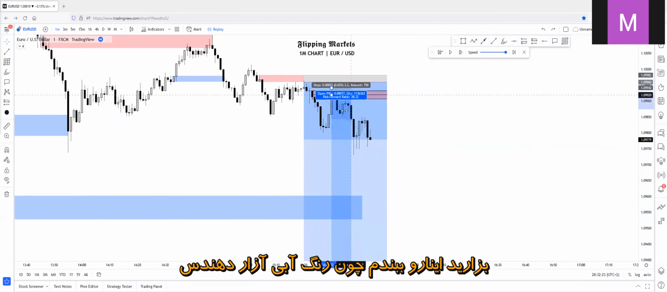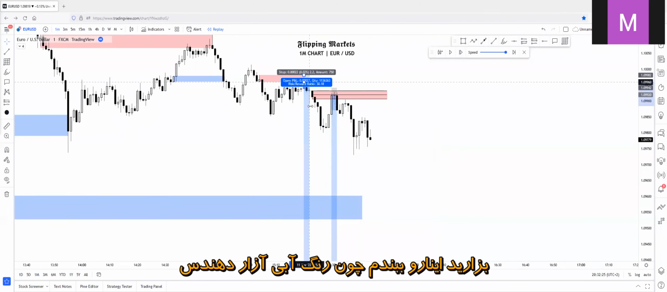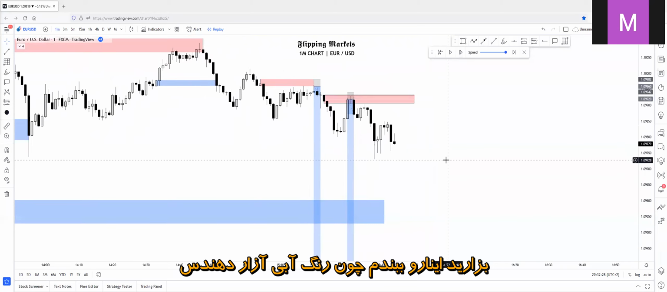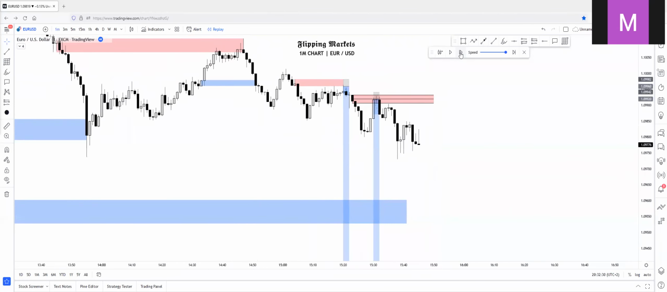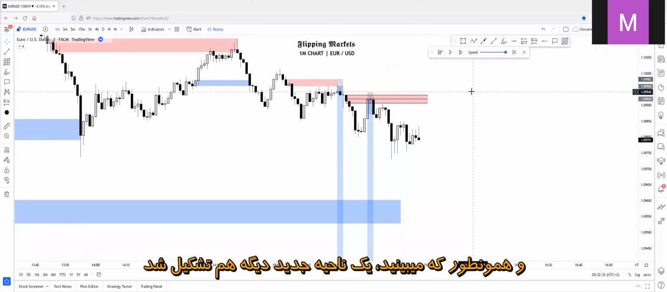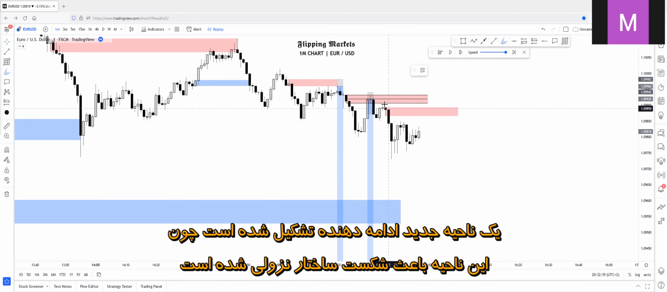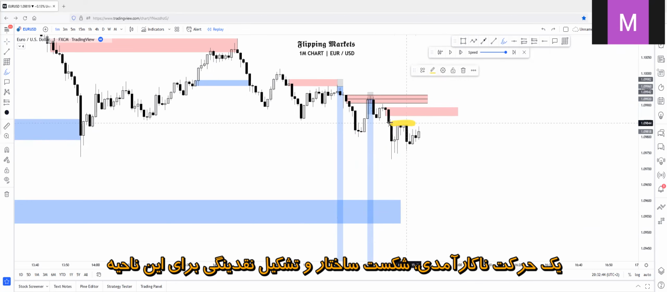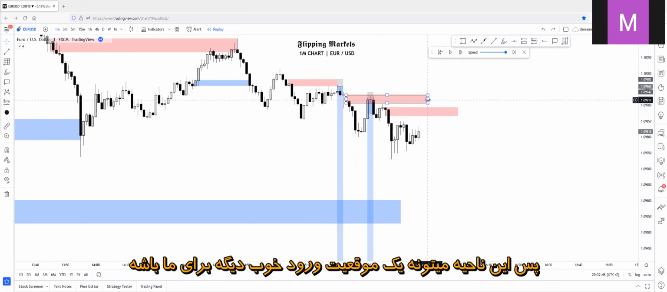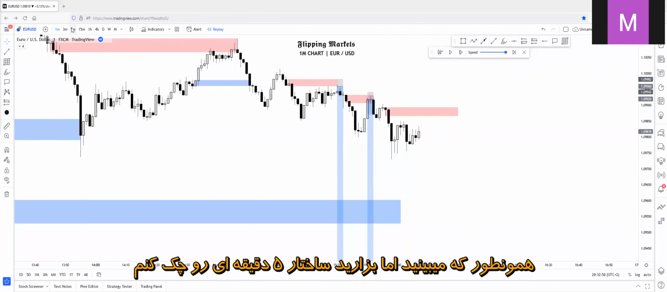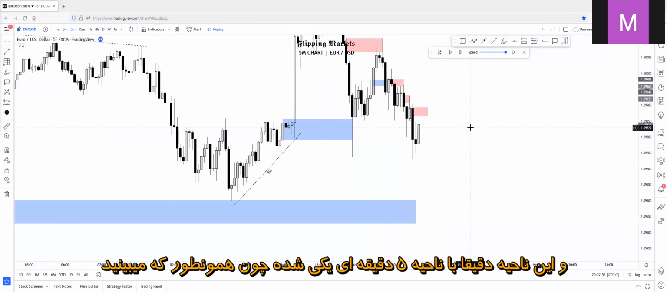I will be closing these zones because it's actually painful to look at everything in blue. And as you can see, a new continuation zone has been formed again. This is a new high probability continuation zone because this zone has created another break of structure to the downside. Inefficient movement, break of structure, liquidity creation for this zone. So this zone could be another good entry opportunity for us, but I will just check the 5-minute structure. And this zone actually lines up with the 5-minute structure,